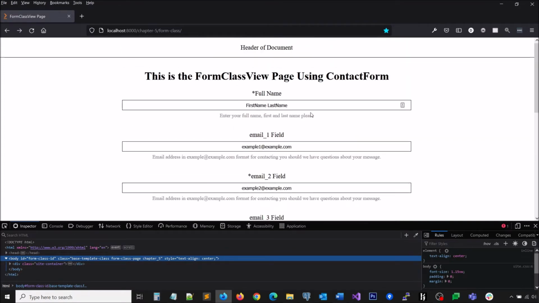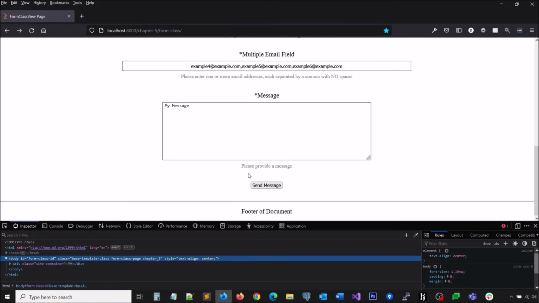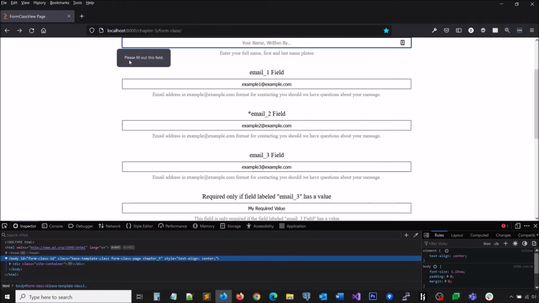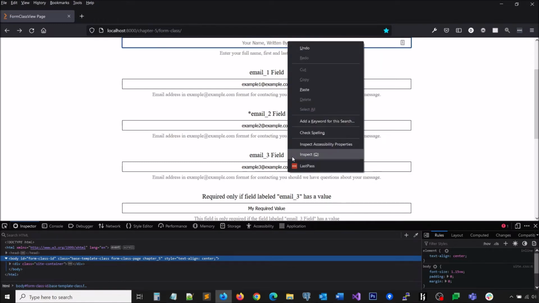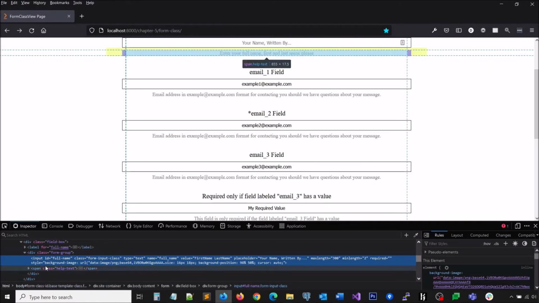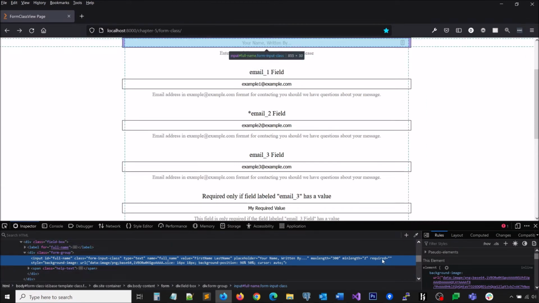And here we'll then demonstrate the full name field, which we made a required field, meaning if I were to remove that and then hit the send message button, we see that it says please fill out this field. And if we look a little bit closer and inspect this element, we'll see on the input field itself there's a required attribute right here. And when that required attribute is present in most modern day browsers, such as Firefox, like you see here, or Chrome, or any of the other big ones,